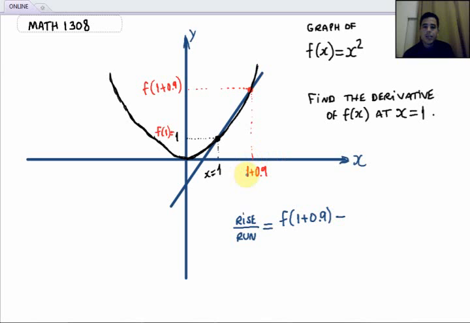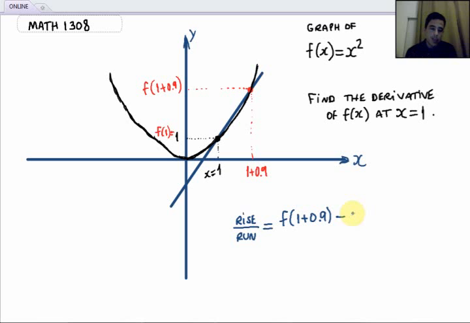You may ask, Professor, why didn't you write just 1.9? Why did you write 1 plus 0.9? Well, because if I write 1 plus 0.9, then you're going to see the formula better, right? When I write 1 plus 0.9, it really means that you are a little bit away from 1. Here's 1, and then you're moving 0.9 units away from 1. This way you're going to see the formula